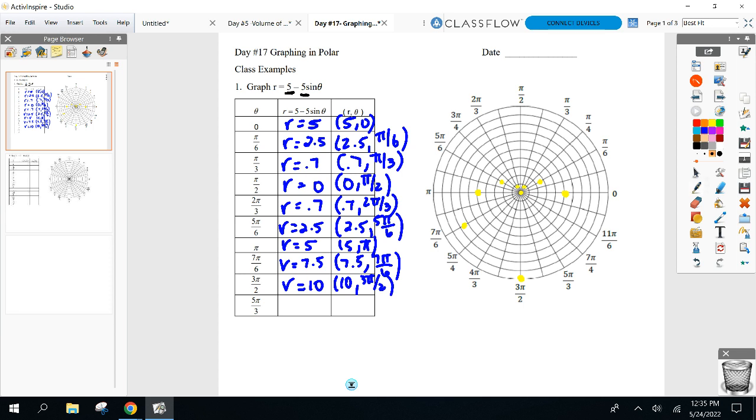Let's finish this off. 5 pi over 3. 9.3 out. What? I might be messed up. Wait, that's not a heart. Makes it a little lopsided. Not a heart. And again, this is why you use Desmos, so I can actually see what this should look like. So if I try to connect the dots,